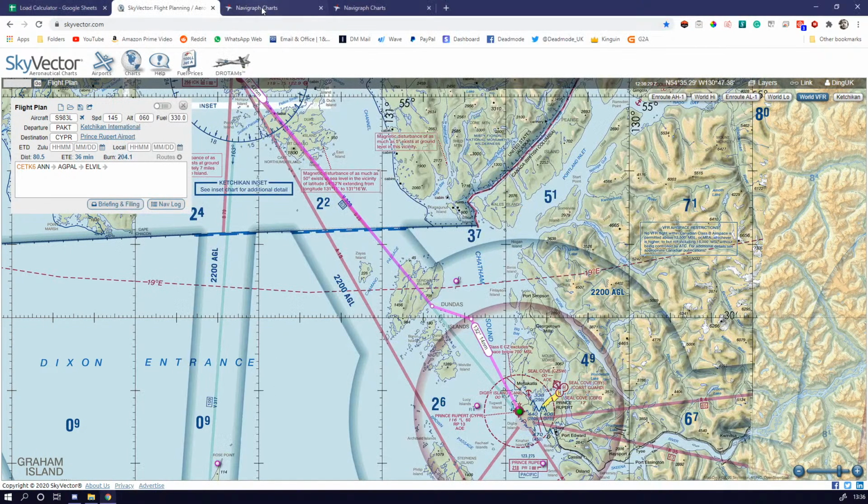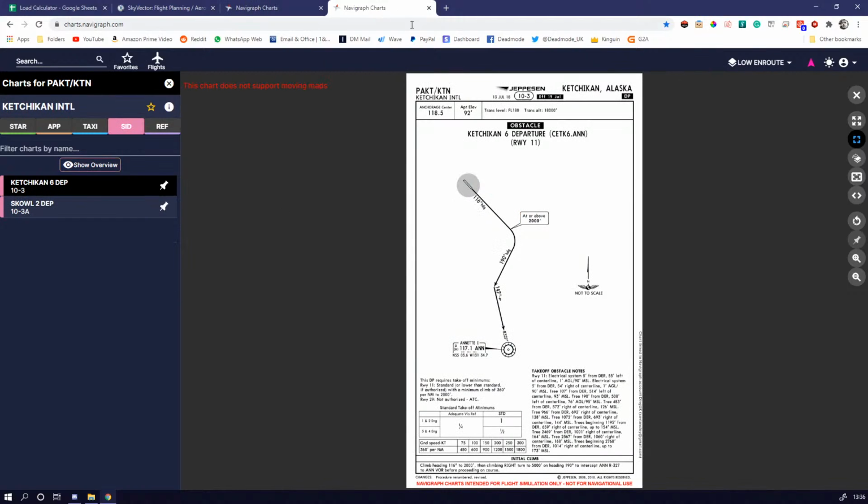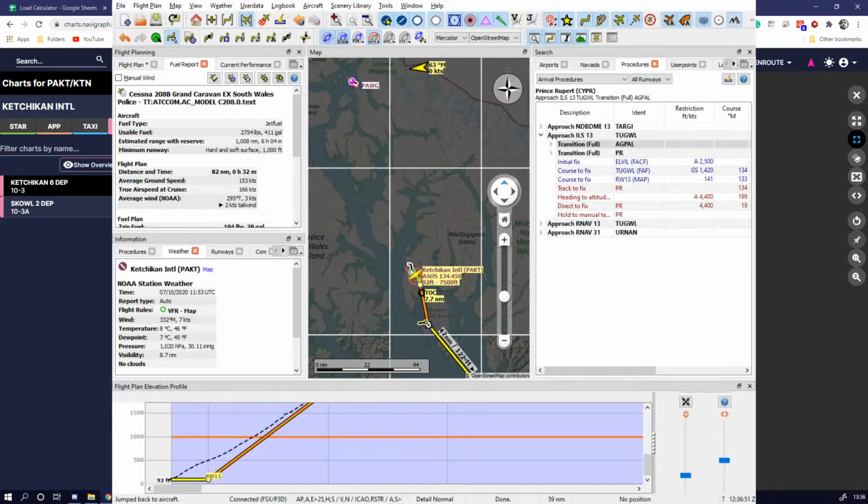Now over here, Navigraph charts, let's just double check. I've got two tabs open. So this is the departure, Ketchikan 6 from Ketchikan. So yes, we climb runway heading of 116 degrees. Then at or above 2000, we turn to 190, at which point we should intercept the 147 degree radial to Annette Island. Now I can't see those altitudes that it's saying. So I can definitely see at or above there, but we're supposed to be, according to Little Navmap, we're supposed to be at